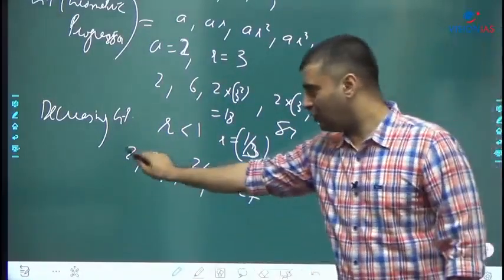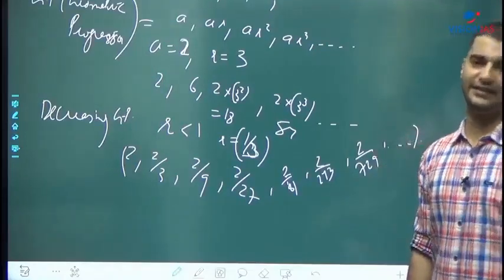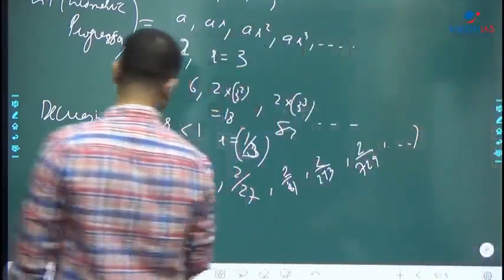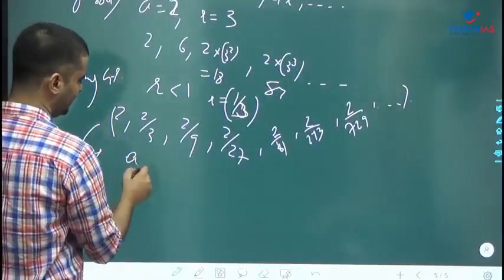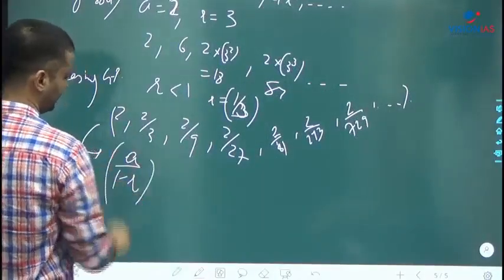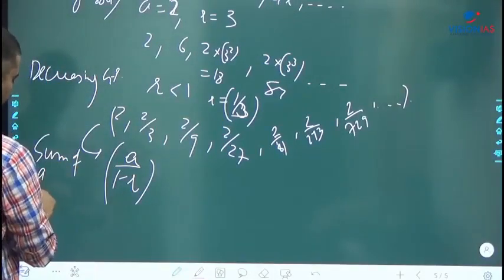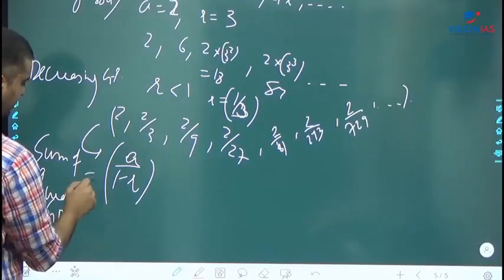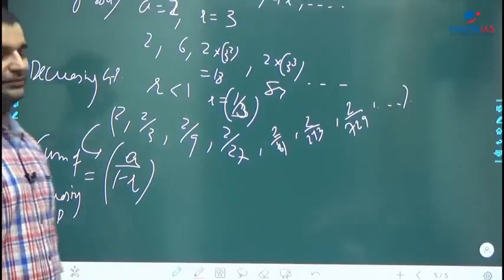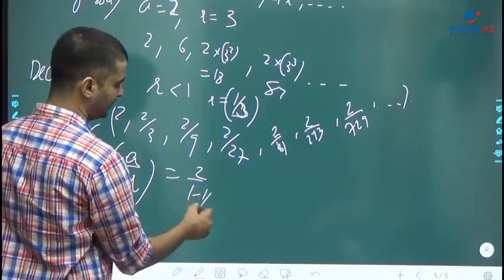The sum of an infinite decreasing GP is finite, and the sum is a upon 1 minus r. Sum of a decreasing GP is equal to a upon 1 minus r. This is the sum. In this case, the sum would be 2 upon 1 minus 1 upon 3, that is